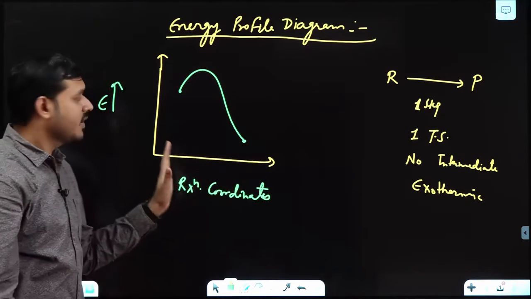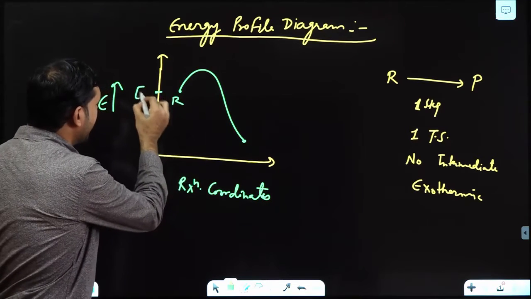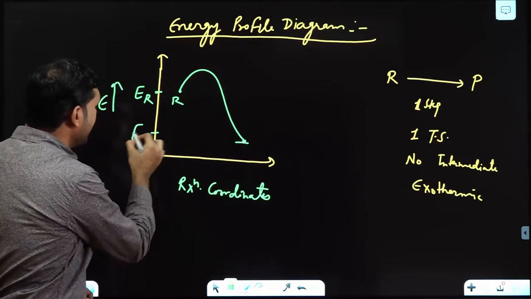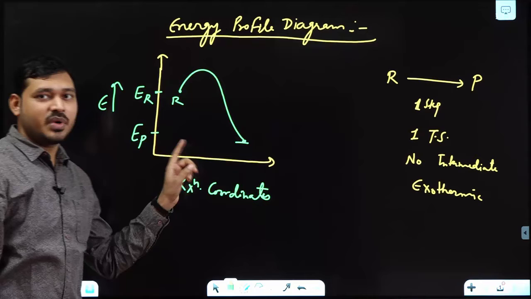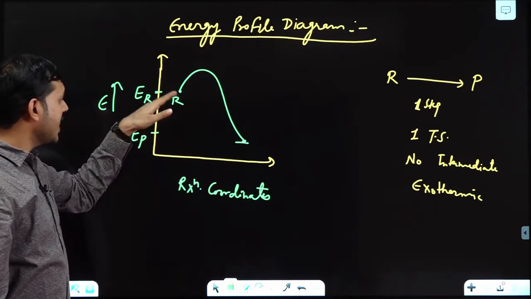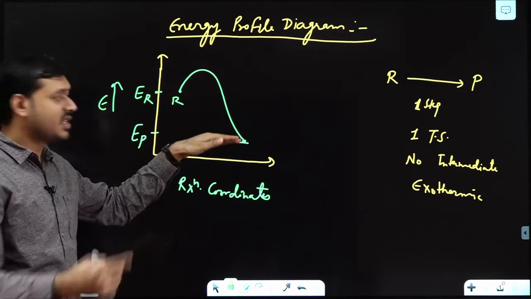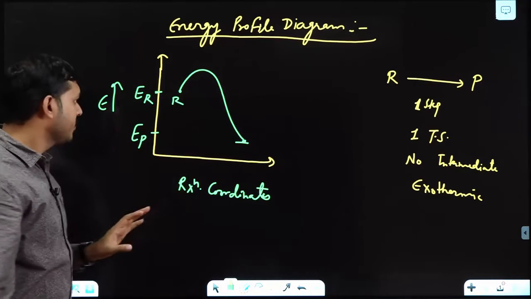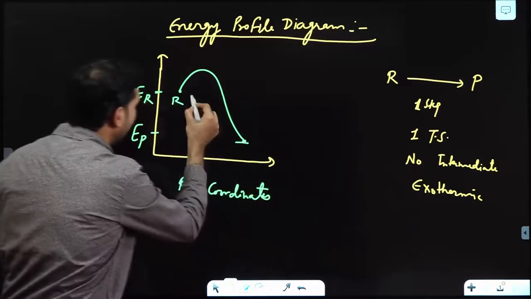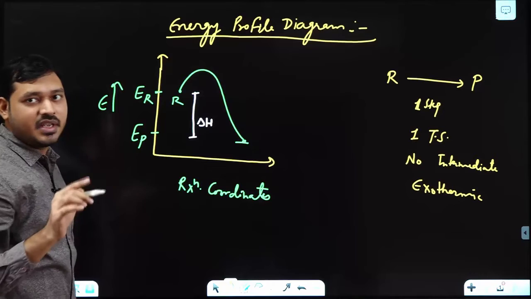So from this graph you can understand this is ER, energy possessed by reactant, and this is EP, energy possessed by product. So student, you can understand from this graph that the energy of reactant is higher than energy of product. Means in this reaction some energy has been released, so it is exothermic, as I told you. Okay, so the difference between this energy and this energy is known as delta H, change in energy, enthalpy of